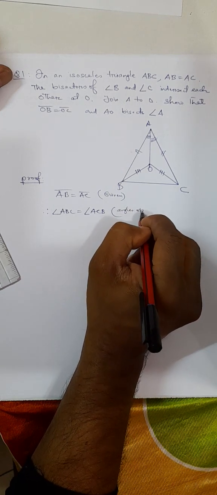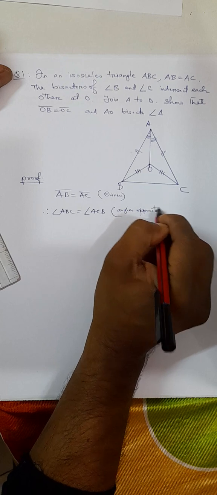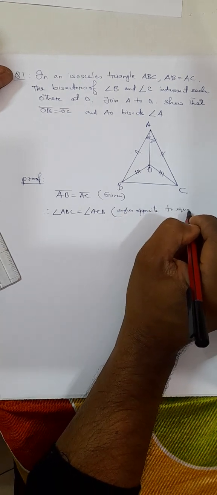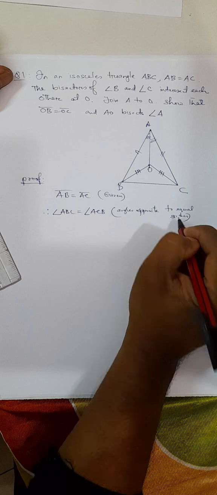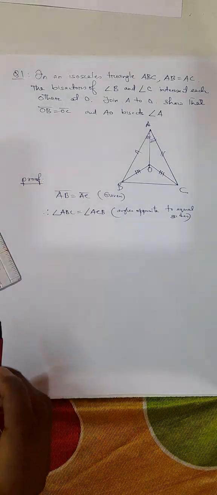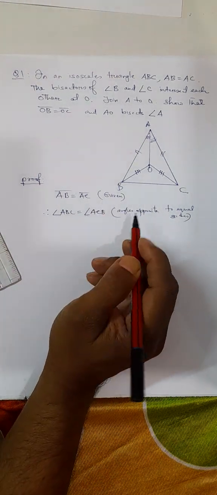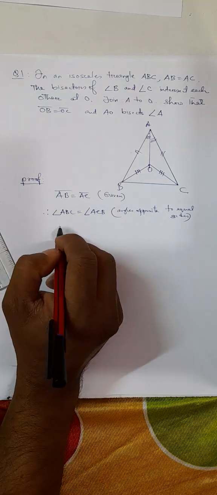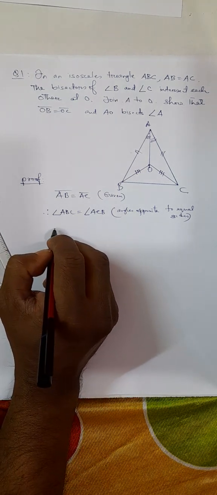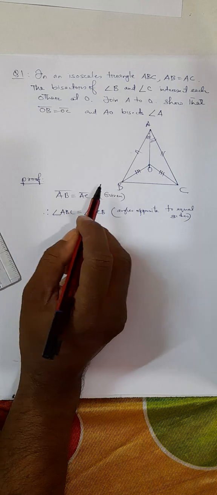Angles opposite to equal sides are equal. Therefore, angle ABC equals angle ACB. Now, you see,